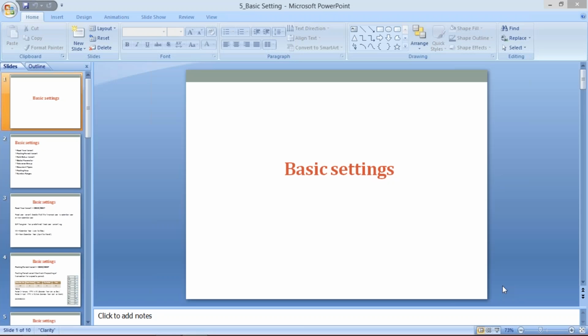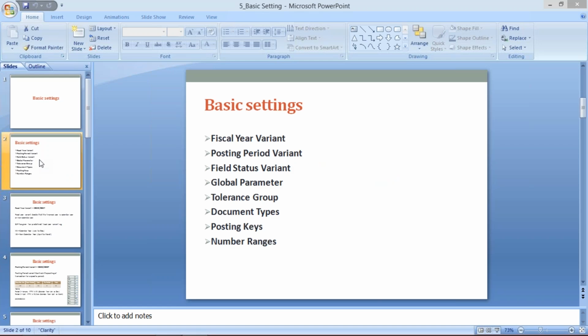Okay, guys. So in today's session, we are going to start basic settings. Basic settings means there are lots of settings which are mandatory, which we have to do. These are the configurations itself,